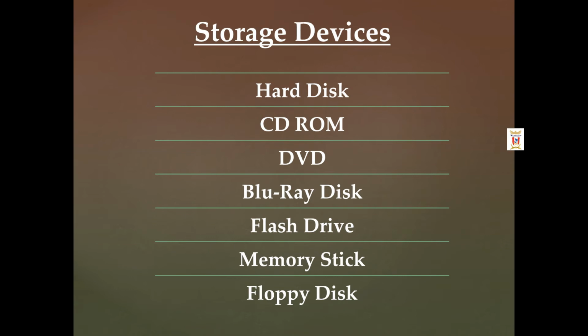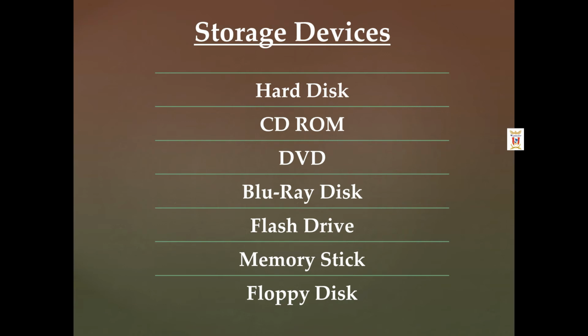The first device is hard disk. Everyone must have seen a hard disk. It is the most common storage device and it is also known as HDD, that is hard disk drive. It consists of a collection of disks known as platters. Each platter requires 2 read and write heads, one for each side. A track location that cuts across all the platters is called a cylinder. It is coated with magnetic material. It has a large storage capacity, 8 TB of data, and the disk rotates at a very high speed.